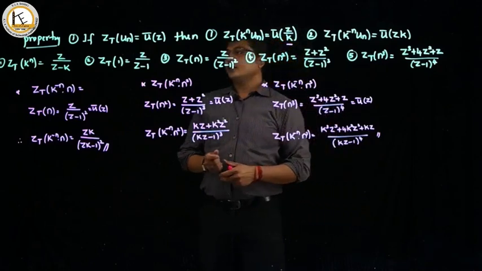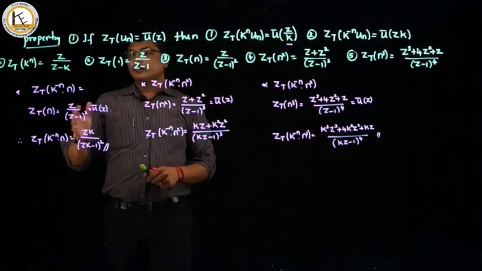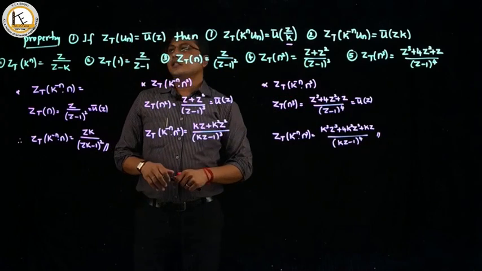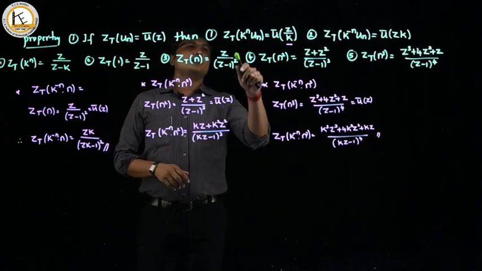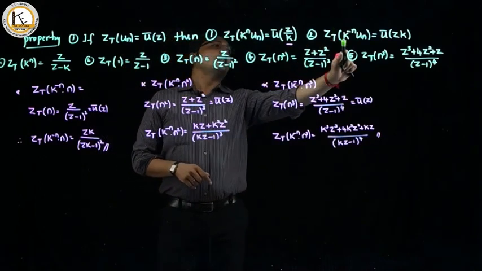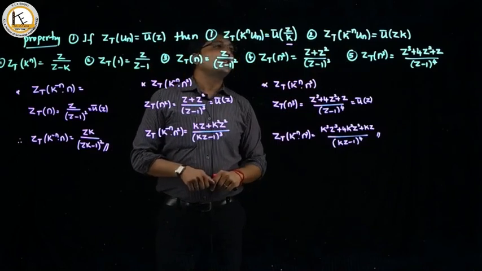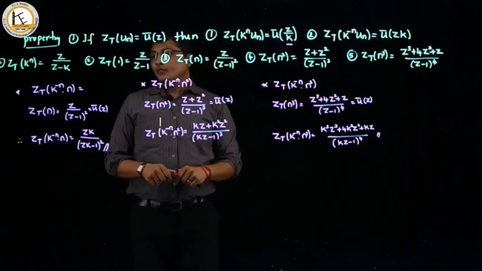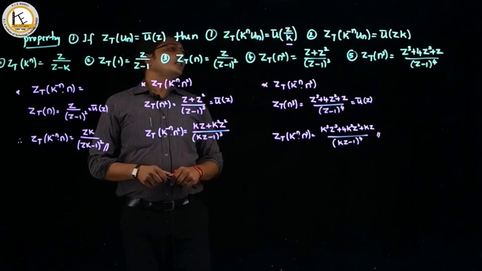So in this video, I just explained to you the z transform of k raised to n into un and the z transform of k raised to minus n into un, solving